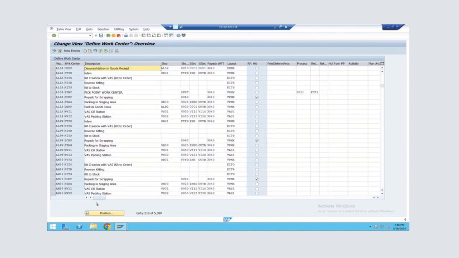So I'm entering the warehouse number, and after defining the work center, here we have to enter the deconsolidation in goods receipt and external step, and the storage type, inbound section, outbound section, repack WPT, work center layout, and save the action. So after this, we have to actually assign the bin to the work center. Which is actually done in the